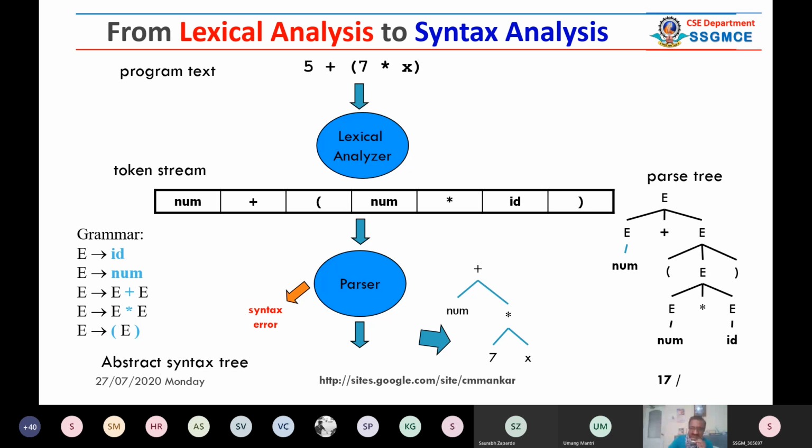You just take the snapshot of this. It is a simplified version of the syntax tree or parse tree. Number plus 7 into X is representing the complete program statement. This is simplified. We shall see later what an annotated parse tree or AST is. It is not an abstract syntax tree, actually an annotated syntax tree.